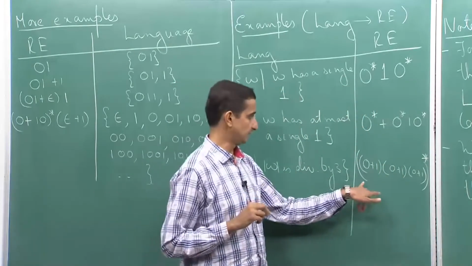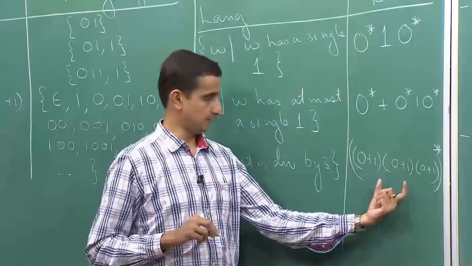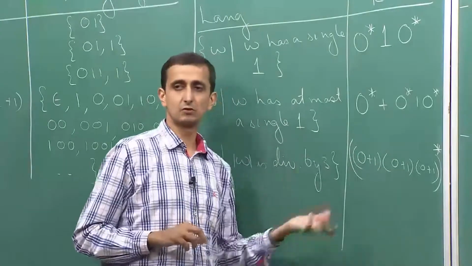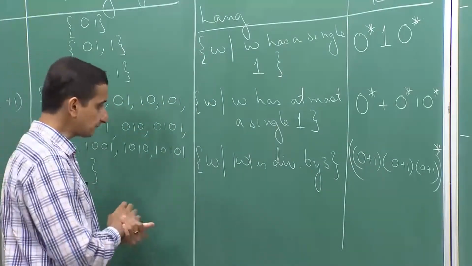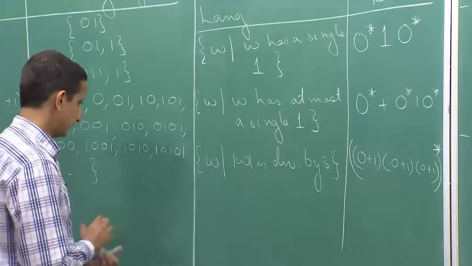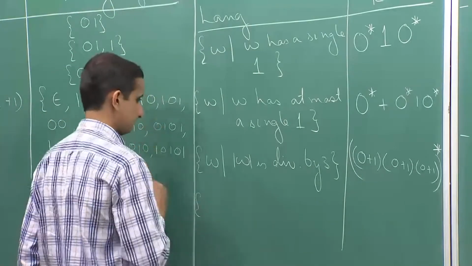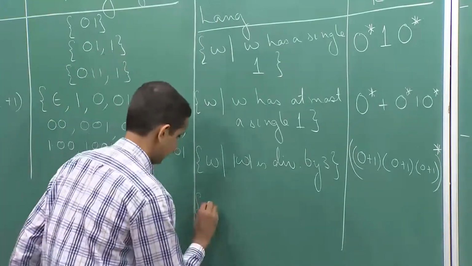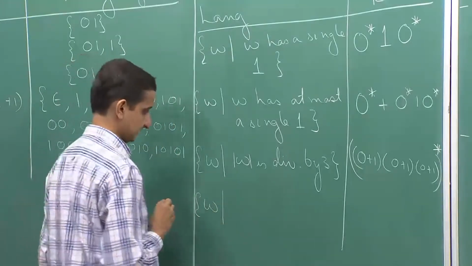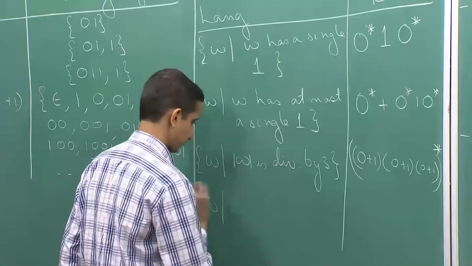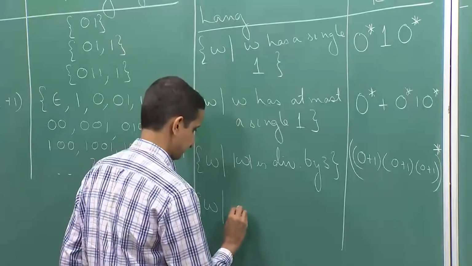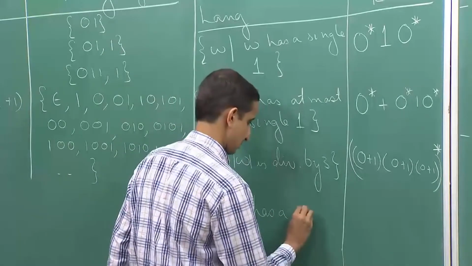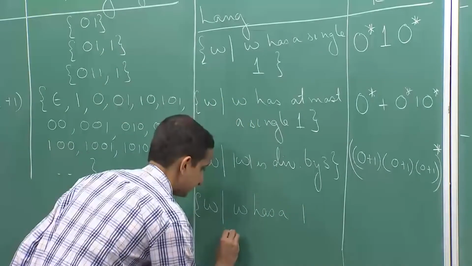Okay. So, we have a sequence of 3 symbols followed by another sequence of 3 symbols, and so on for as many as we want. So, now let's look at a slightly more complicated example. So, let us say all strings W such that W has a 1 at